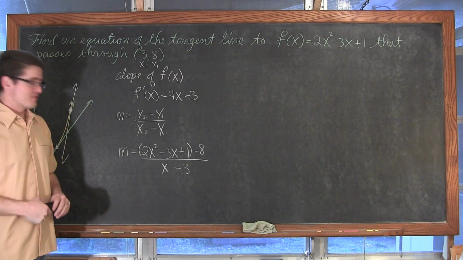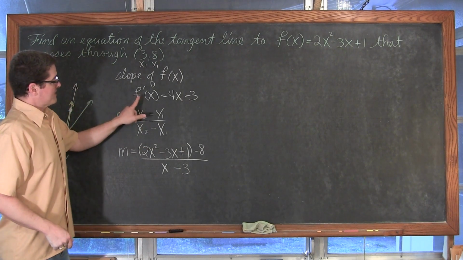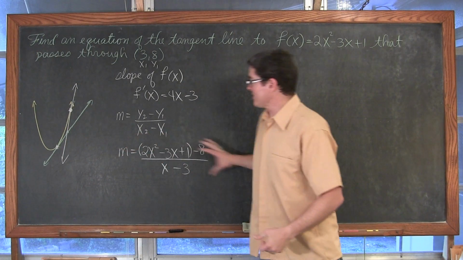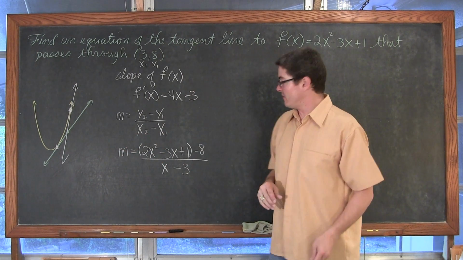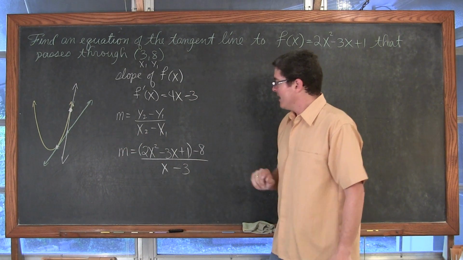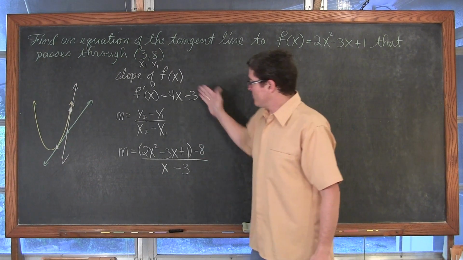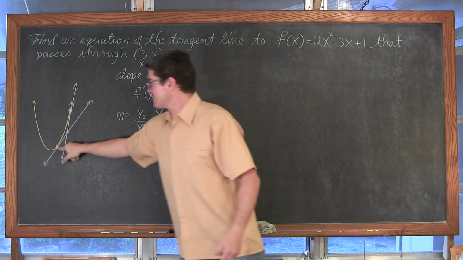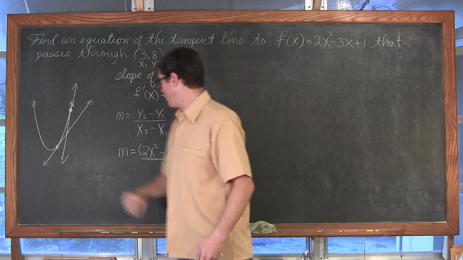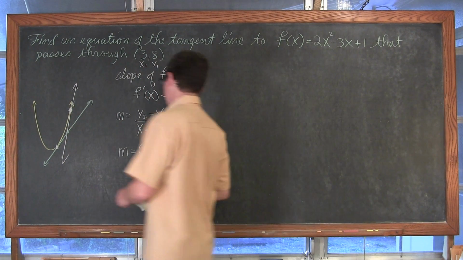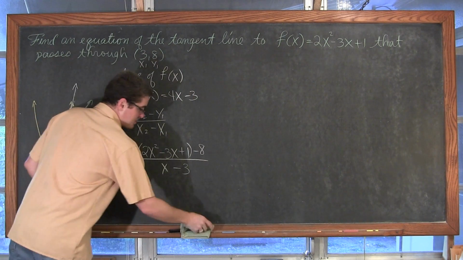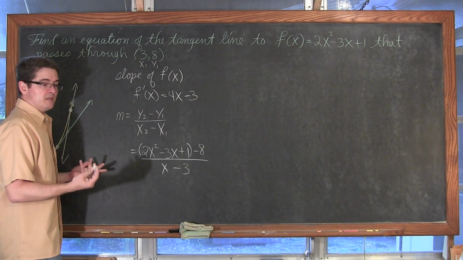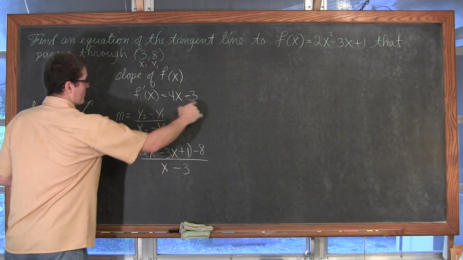Alright, I have two ways of looking at slope now. I've got the derivative, which is 4x minus 3, and I have a slope formula that actually incorporates the value of 3, 8 right here. Now what I want to do is put these together so I can solve for x and find our points, or at least the x coordinates for our 2 points of tangency, which means I'm going to take out the m. I'm just doing the substitution method basically to solve a system of equations like you did at the end of Algebra 1 and Algebra 2.